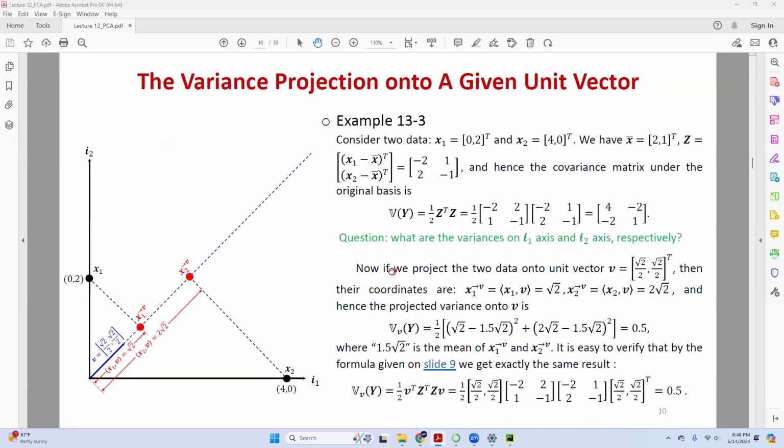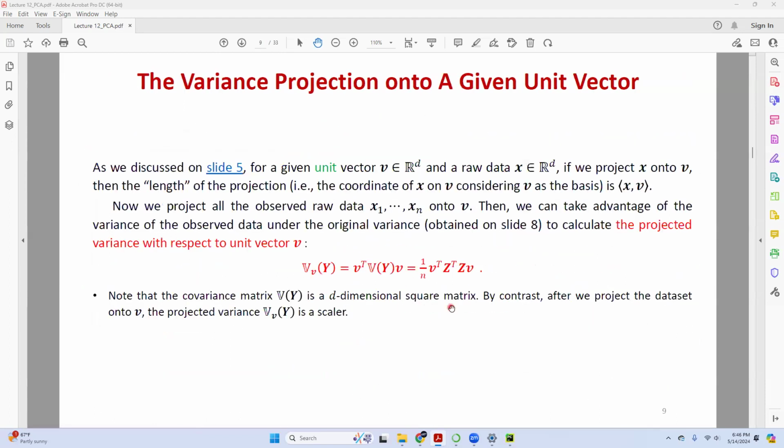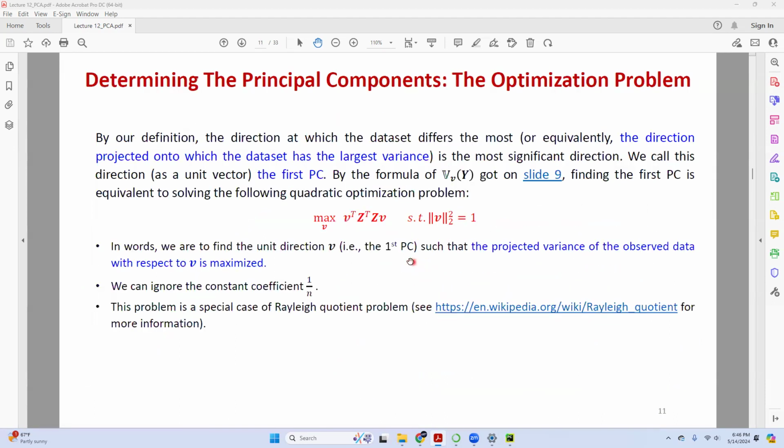Okay, now we can define it in this way. As we know, for a given V, the variance projected onto V is this one. I want to maximize the whole thing. And here I can ignore 1 over n, which is just a constant. So I'm going to say maximize V transpose Z transpose Z V, subject to the norm of V equal to 1. Why the norm of V equal to 1? Simply because it's a unit vector.